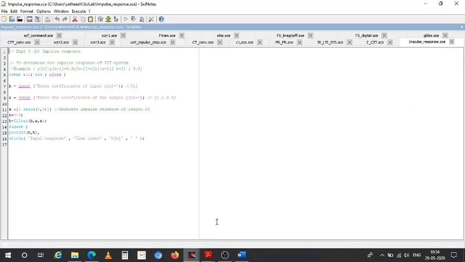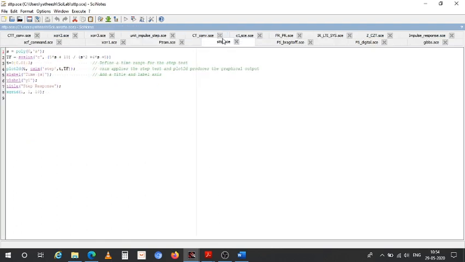So now let us try to understand what you mean by step response. Step response is computed for this function, 5s plus 10 divided by s square plus 4s plus 5.